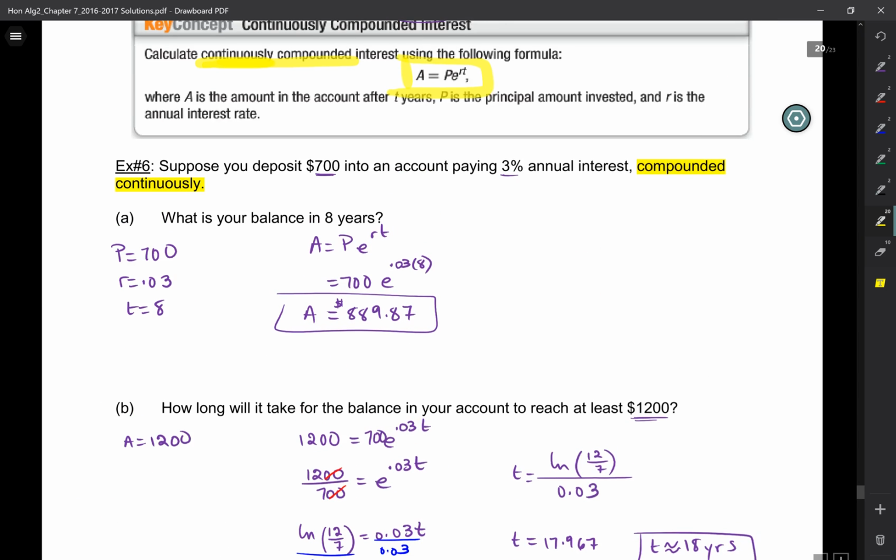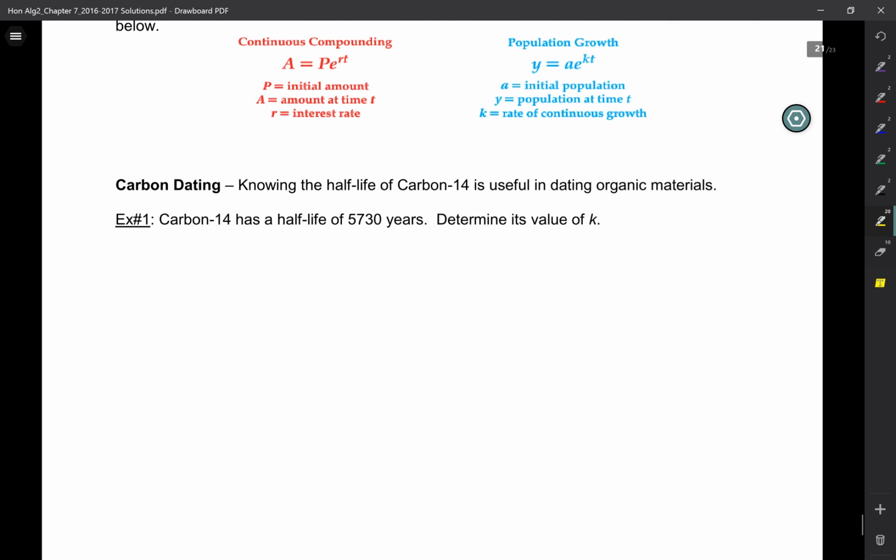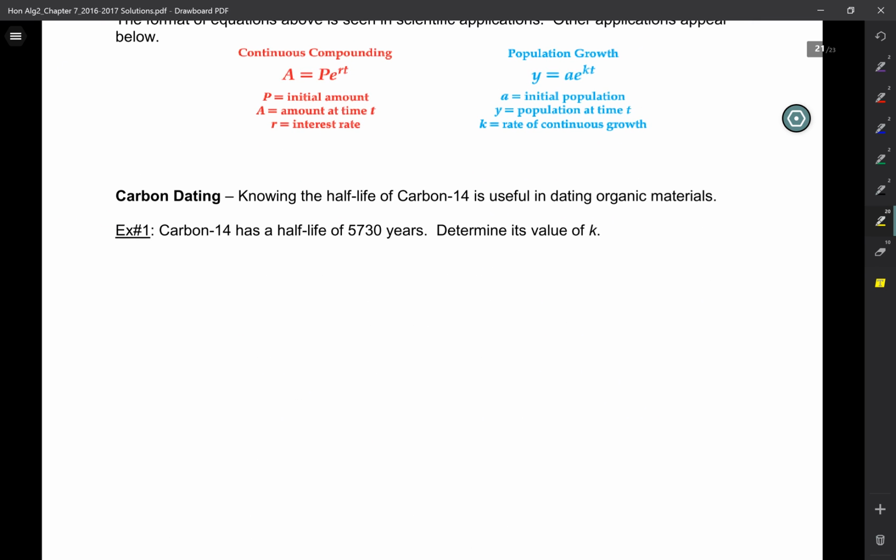Okay. So look, yesterday we learned about this formula, A equals P e to the rt. It's the same exact thing. Look at it. f of x equals a e to the kt. It's the same exact thing, right? And we use this because we said, okay, what if the bank is paying you interest continuously? So it's the same thing. Continuous rate of interest, continuous growth. Okay. Now, let's,